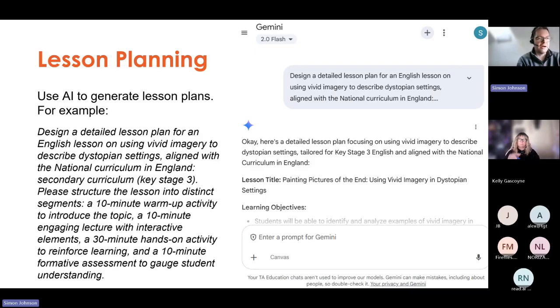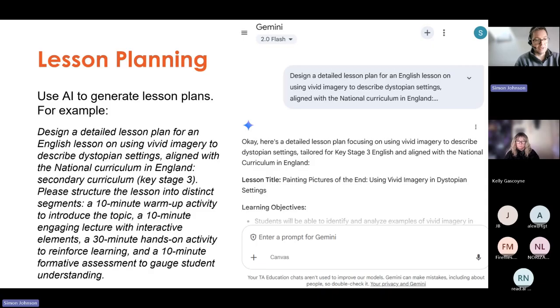So all the bits that take time, AI can generate, but you generate the idea. Or you can give it an existing lesson, say, this is a lesson that I've taught for the last 5 years. Can you suggest ways that I can make this more interactive or engaging? It will do that. Just to show you how it works, here's an example of a lesson. This prompt I'm going to use now is quite detailed. I'm going to show you how I got to that in a moment,